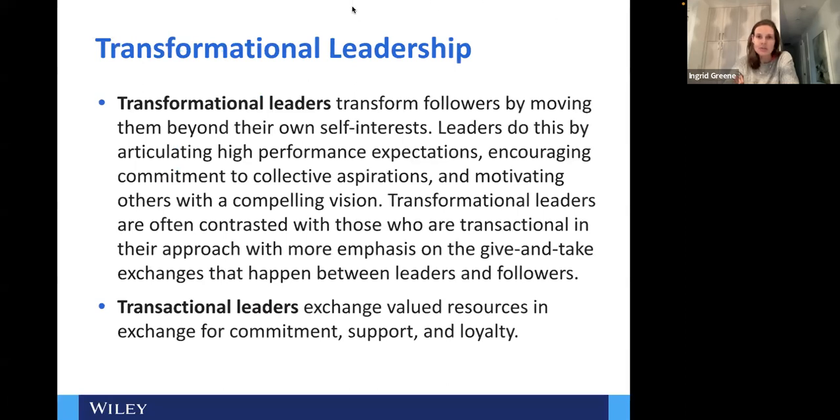Transformational leadership is a big one. There are lots of books written about this. How do we transform followers by moving them beyond their self-interest? How do we get them to contribute to the organization? We articulate high performance expectations, encourage commitment, and motivate people. This is contrasted with transactional leaders, whose approach is more of a give and take exchange between leaders and followers. On the next slide, there's a graph that outlines those two, and you'll see that